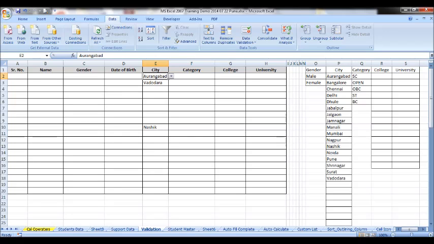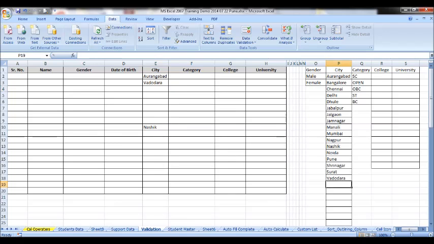There can be a mistake of entering data, but there cannot be an error of entering data in the column, because it is forcing you to enter from a specific list of cities. If you have seen the range I had selected, I have selected the range from P2 to P25. I had selected a few blank cells here. If you look at the last city, that is Vadodara here.